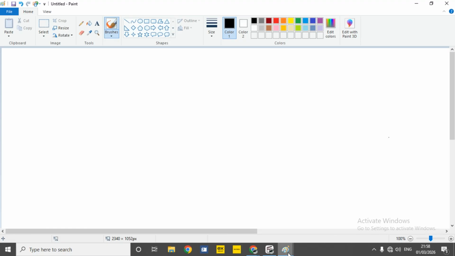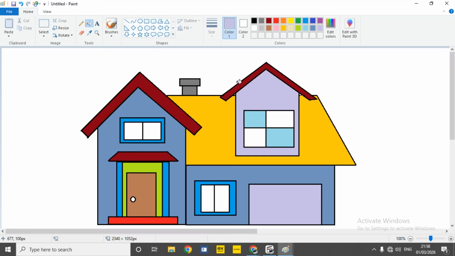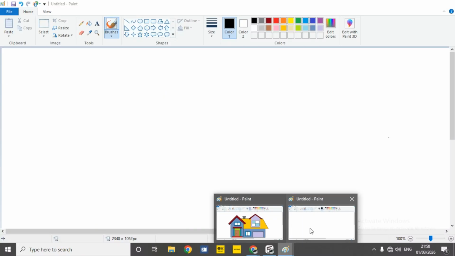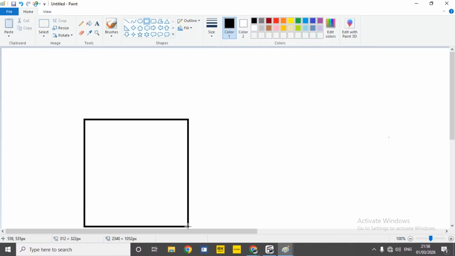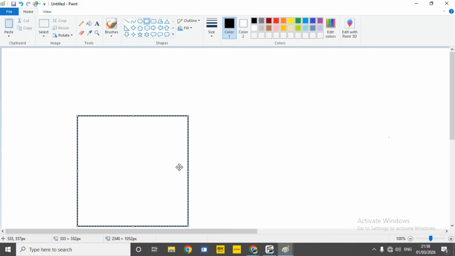Now, here is the house. I'll be drawing this beautiful house using MS Paint. To start with, I'll make use of rectangle. I'll draw a rectangle like this. But I think this line is too wide, so I'll reduce it to 3 pixels. Just follow me. You can always pause the video at any time, rewind, and watch it again so that you can understand it